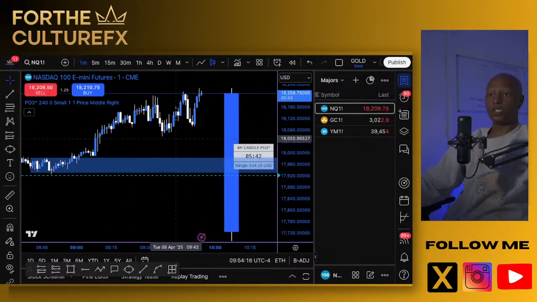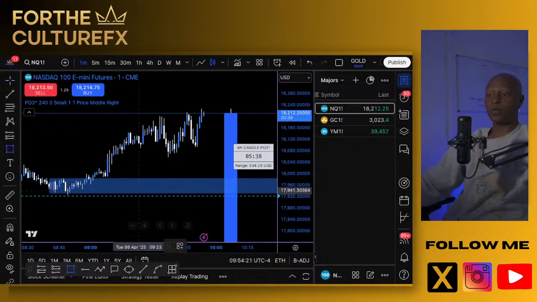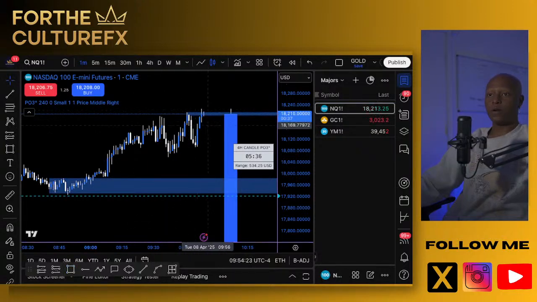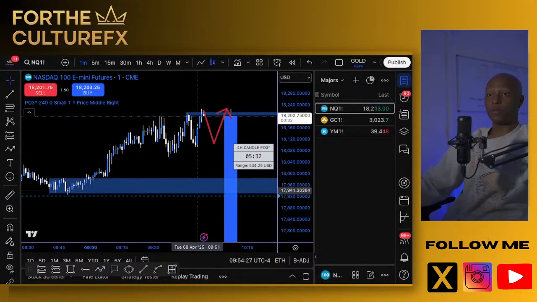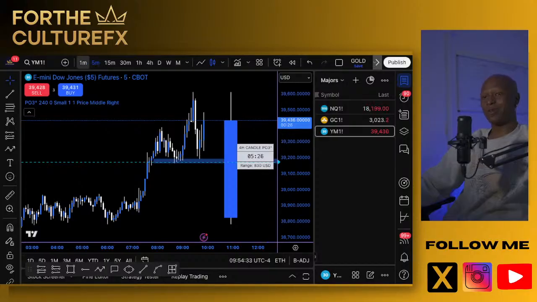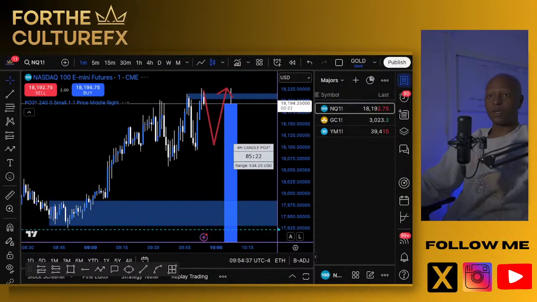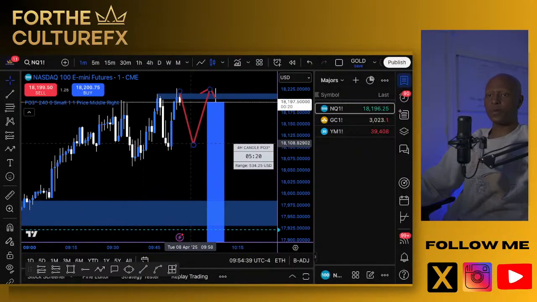NQ is just remaining in this bullish trend. We may see a possible correction from here, a correction back down for possibly another bullish flip, another bullish run. So those are the two moves that I'll be looking for, right? I think NQ looks kind of cleaner than the YM right now, personally, from a structural perspective.